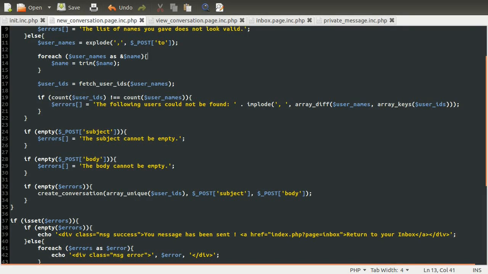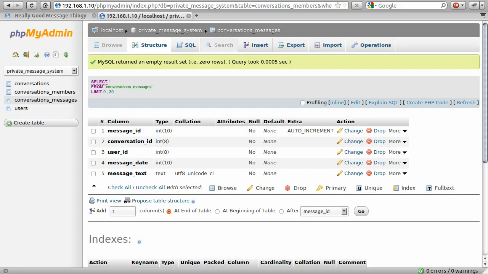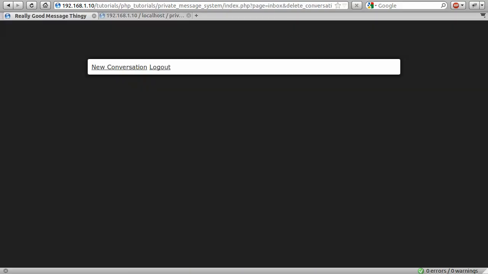Okay, welcome to part 12. As I said in the previous part, what we're going to be doing in this part is creating the page to view the private message. So at the moment what we have is a way for the user to delete their messages, but not to